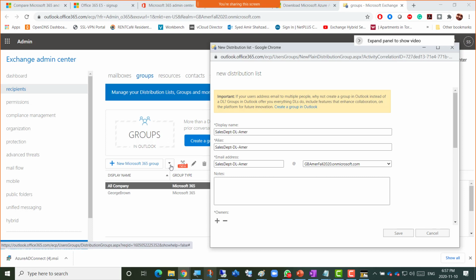You need to click here. So you need to go to recipients and then groups. The rest of you can click save, then recipients, groups, and click this down arrow, and there's a distribution list written, the first one. Click that distribution list and this screen will open,